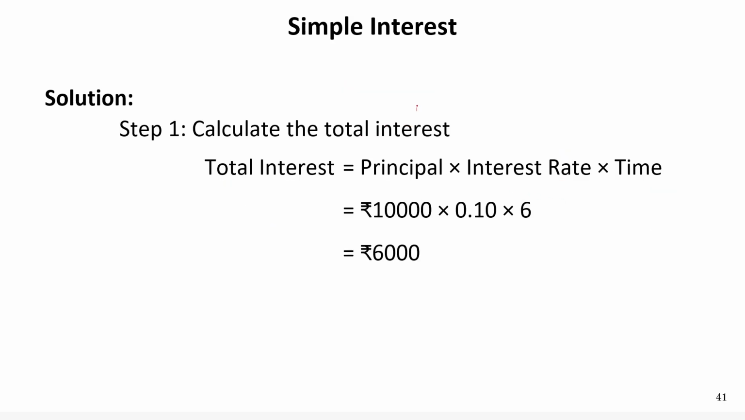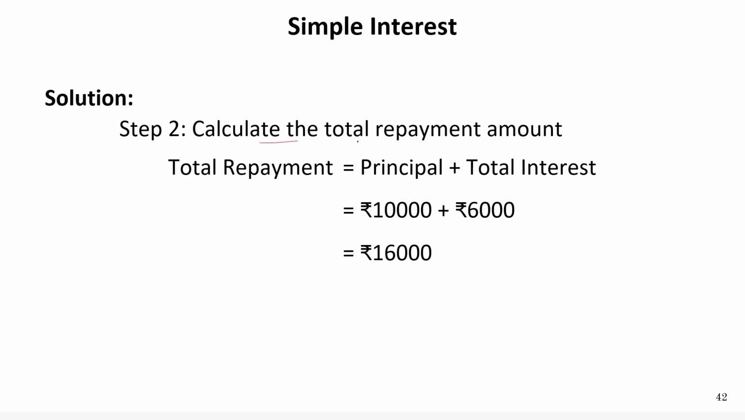Okay, so calculating the total interest is equal to what? Principal into interest rate into time. So 10,000 into 0.10 into 6 is equal to 6,000, right? So calculating the total repayment amount: total repayment is equal to principal plus total interest, which is equal to 10,000 plus 6,000, which is equal to 16,000,